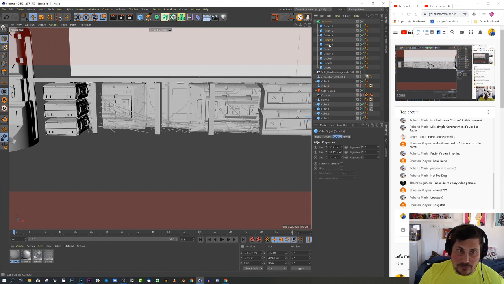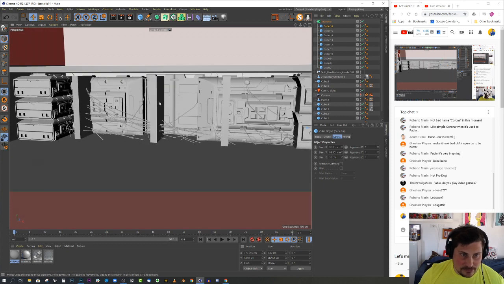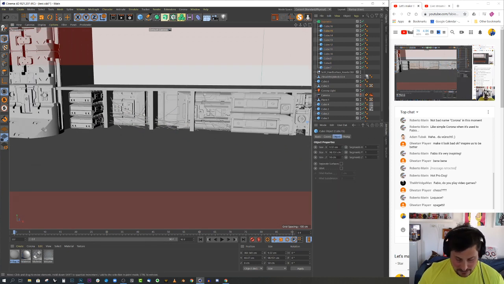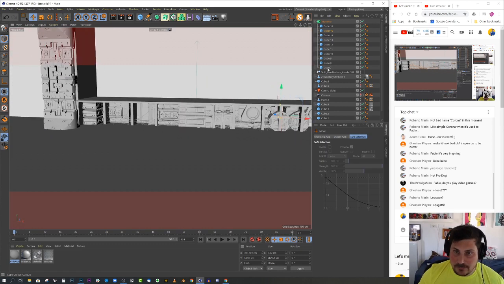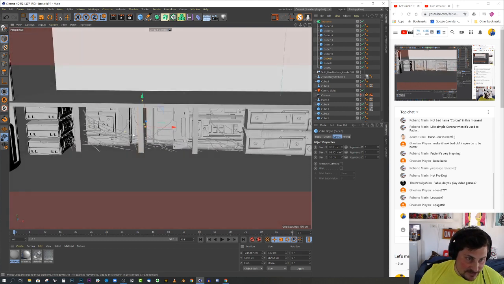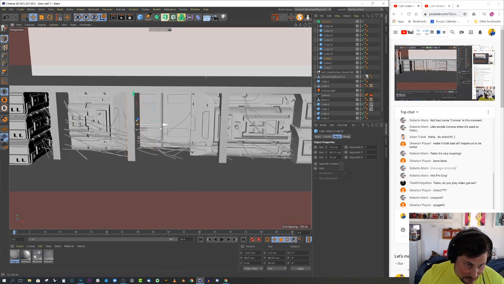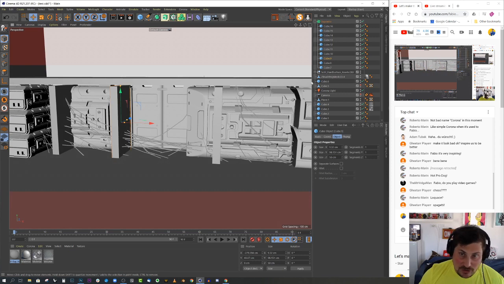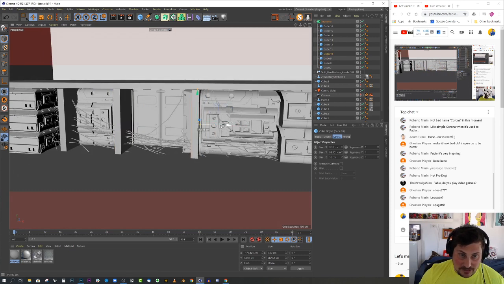Let me see which cube I want to select. Oh, it doesn't let me select the cubes. Why not? In theory, I should be able... Oh, sorry. I'm on the wrong side of the thing. Okay, perfect. So now I can simply move these elements around to change the appearance of the cables,